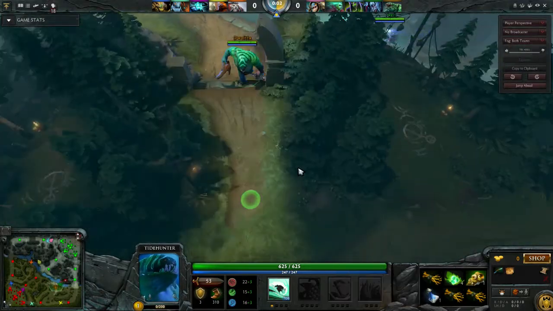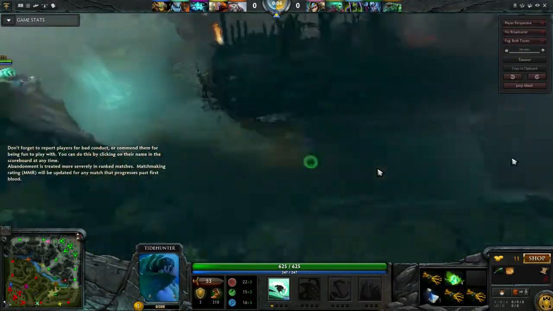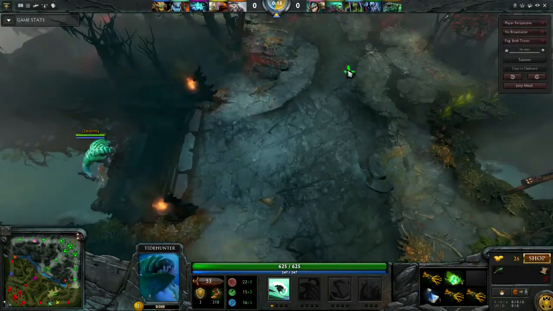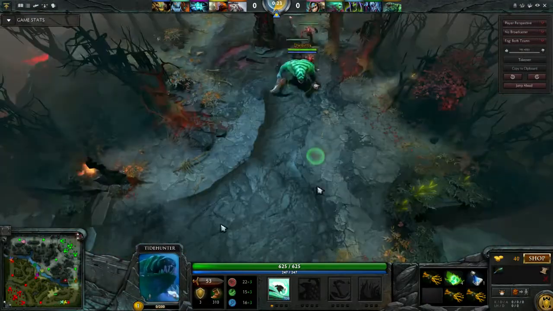These are pretty reasonable items to go for. I don't like, as usual, going for the magic wand right away. I think it's bad, but you know, it's not. Stats are nice, but yeah, I don't know. And I certainly don't like